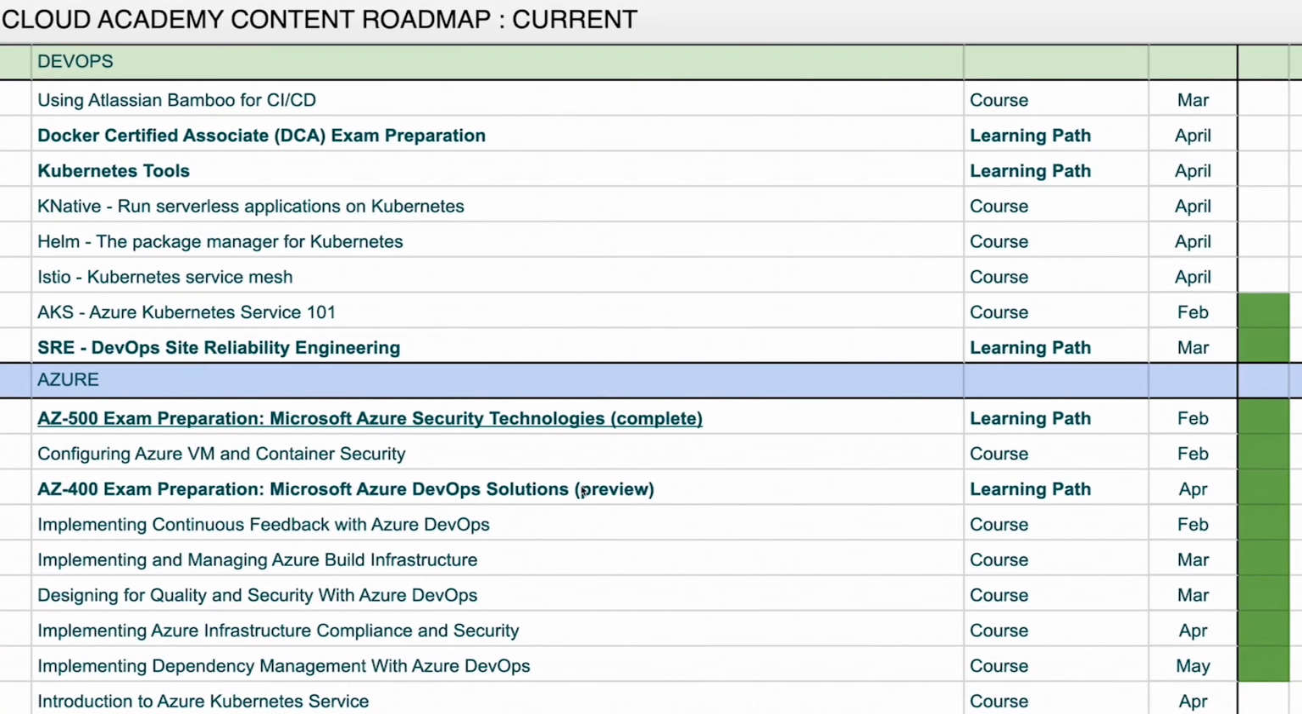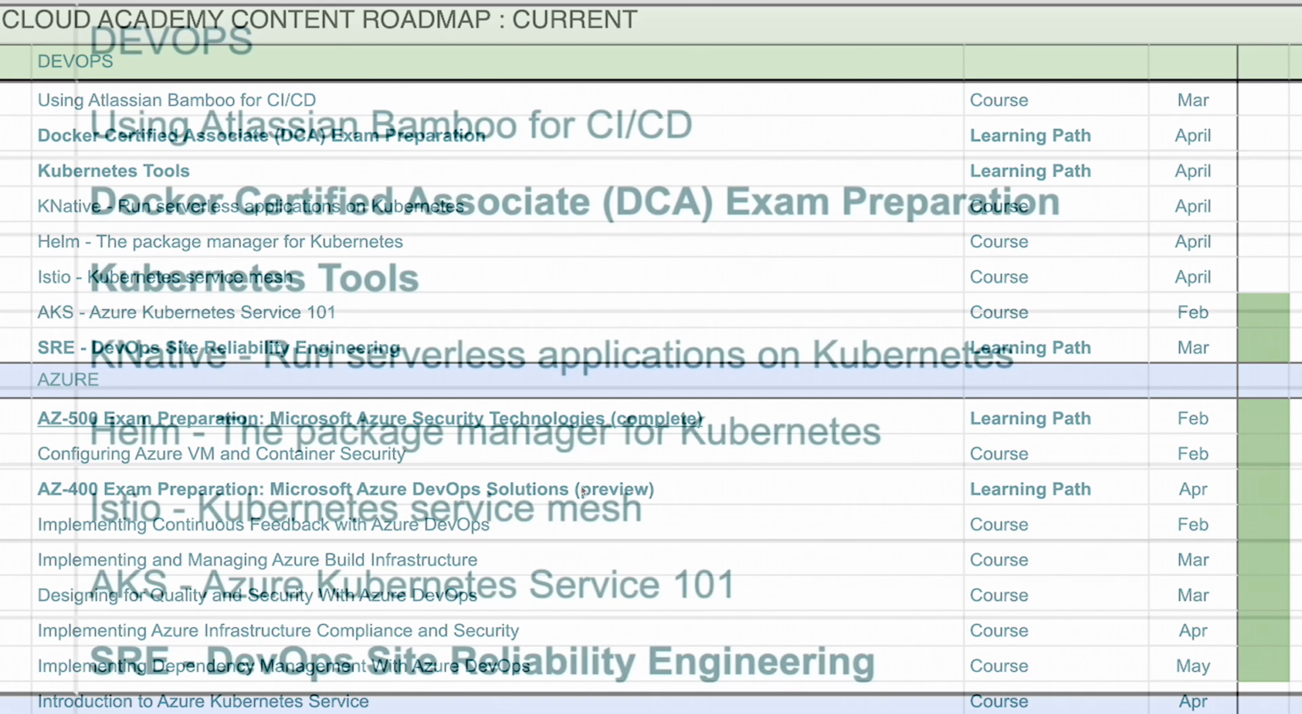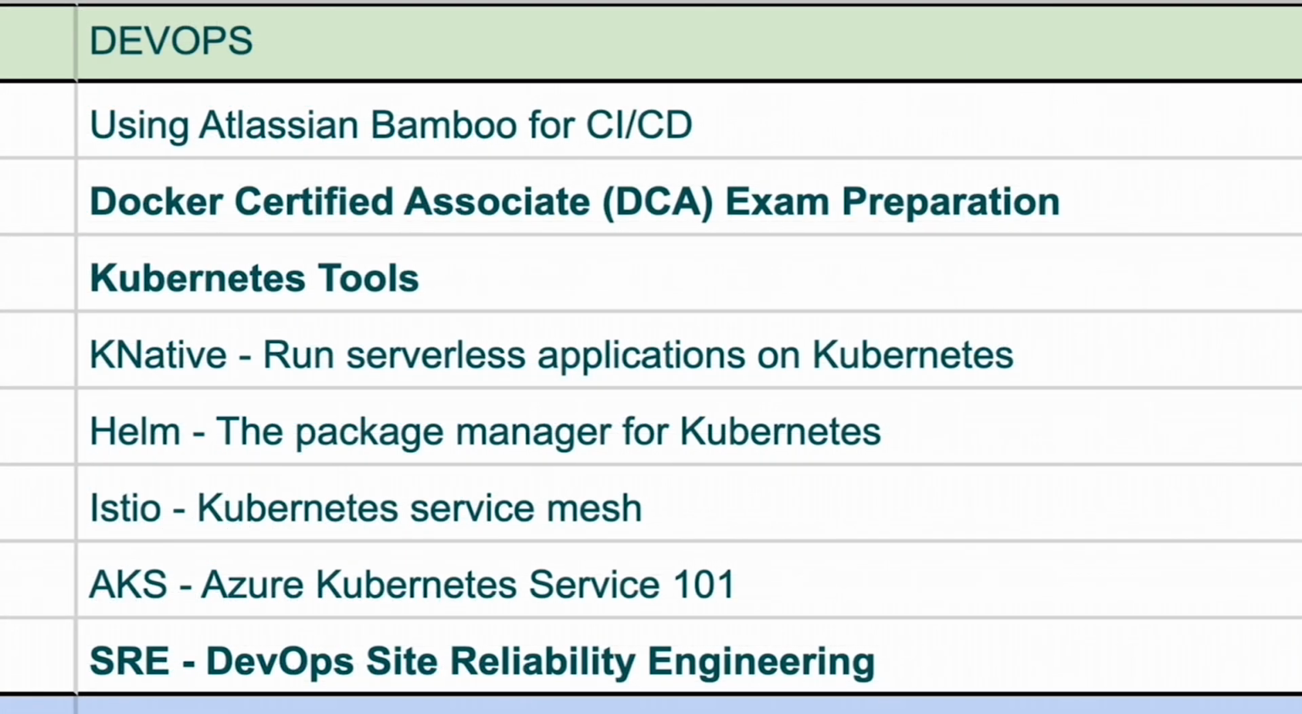Let's look at some of our roadmap highlights. Now you asked for practical guides for applying DevOps tool chains at scale. So we're doing a learning path using Atlassian Bamboo for CI/CD. And in this learning path, we'll help you learn how to use and manage Atlassian Bamboo for performing continuous integration